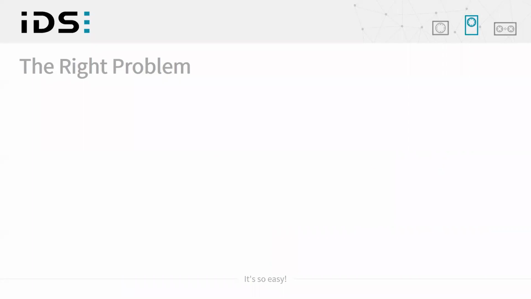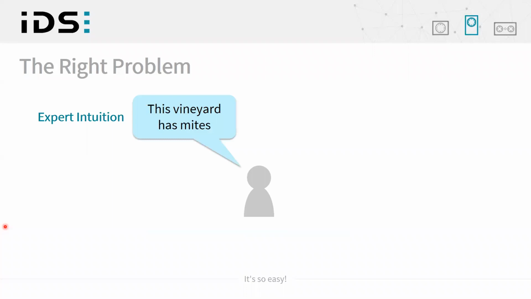Now, the first step of approaching the problem is probably having the right problem. This is a very important part, so I'd like to spend a few slides on what a good deep learning problem looks like. Of course, that's hard to cover completely in advance, but a good rule of thumb is: if you have an expert and the expert can make an educated and intuitive decision just by looking at an object, a qualitative decision, that's probably also a good problem for deep learning.